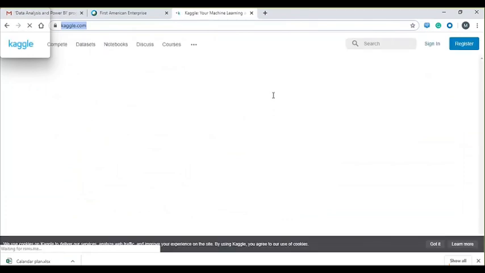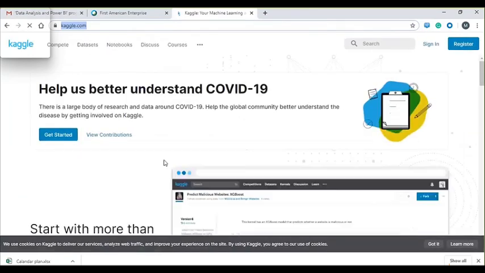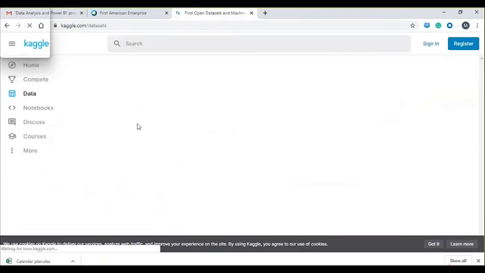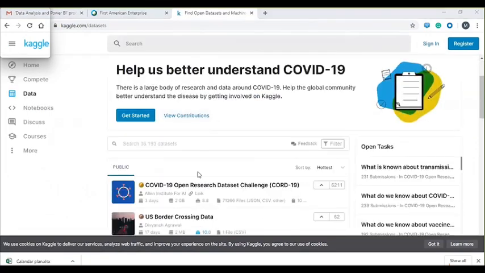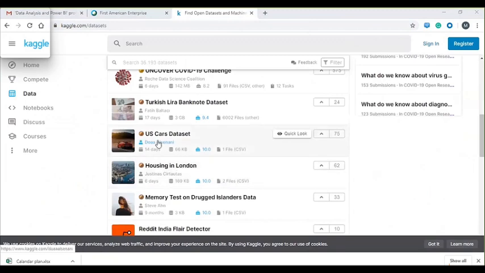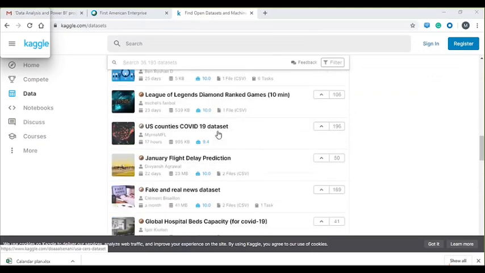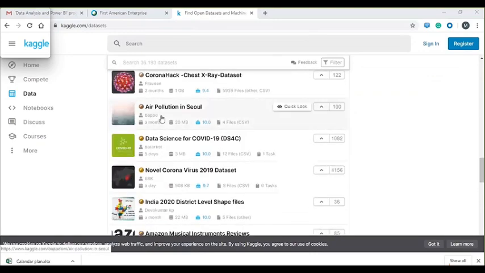If you do not want to work with a sales data set and want to work with any other data set, you can go here and see a data sets tab. From this window you can download anything: US car data sets, Turkish lira banknote data set, whatever you want. It doesn't mean you only get one data set. Air pollution, for example.